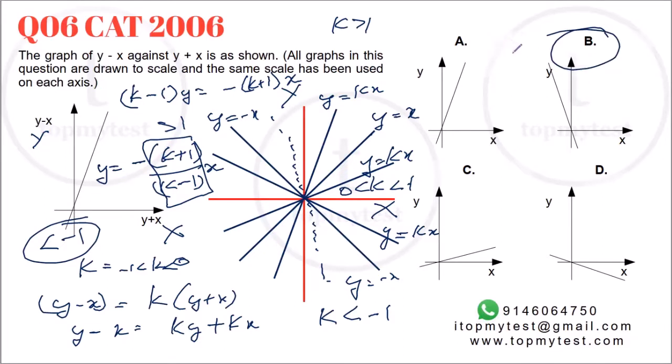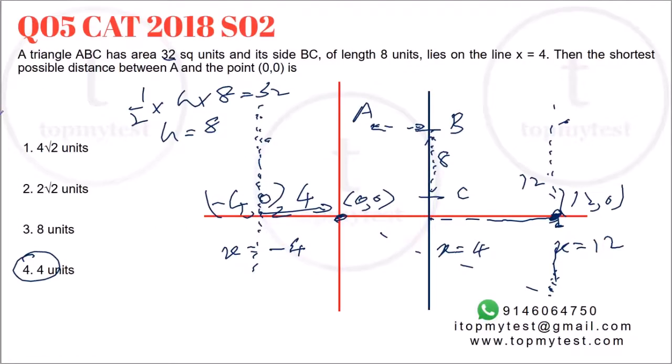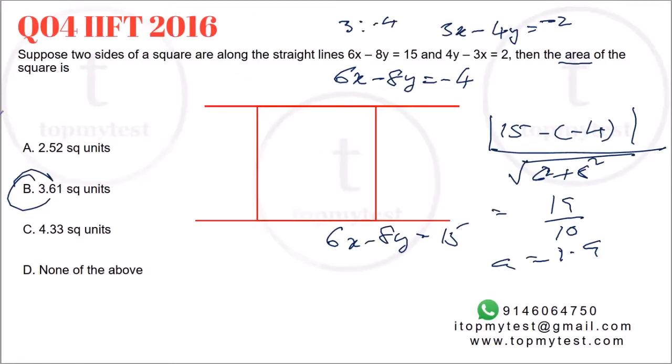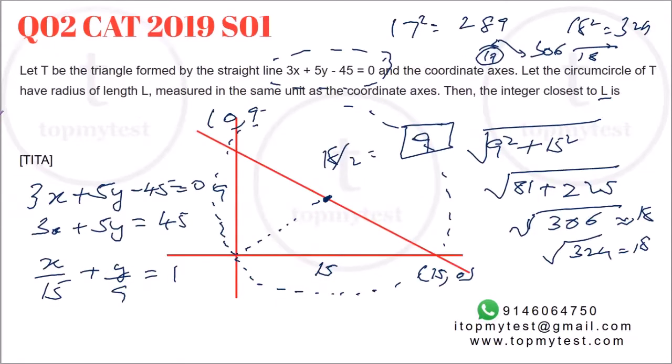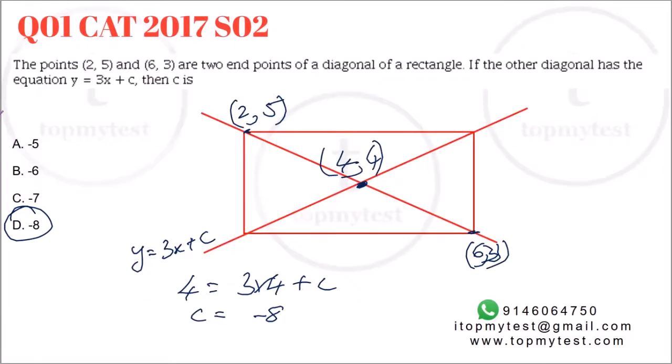Does not require a lot of calculation, but requires a little conceptual clarity of how slopes work, how equations of a straight line, etc. work. As you can see, the questions on straight lines do not go a lot away from basic concepts of geometry. The only problem, as with most coordinate geometry questions, is that you'll have to draw a graph. If you are not willing to draw a graph and try to visualize in your head, you're going to get into a lot of trouble. Be a little less lazy, draw the graph, the question usually solves itself.